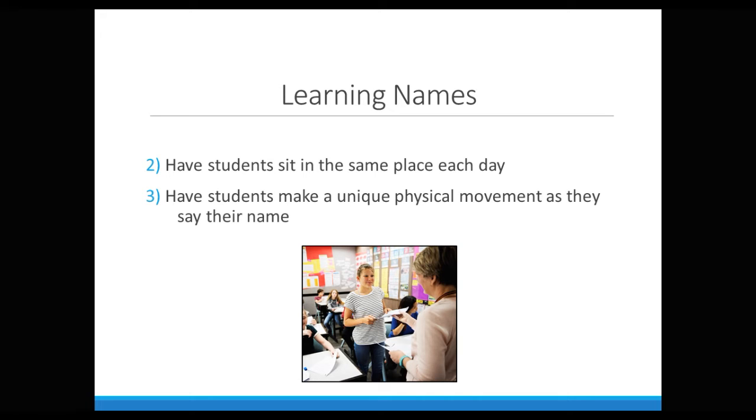Number 3, this one works for any social situation. It's kind of a funny icebreaker that you can do, but this one will lock it in. It doesn't work as well with, say, 100 or 200 students, but if there's one you're having trouble with, or if you want to remember a business contact and also be remembered as kind of playful,